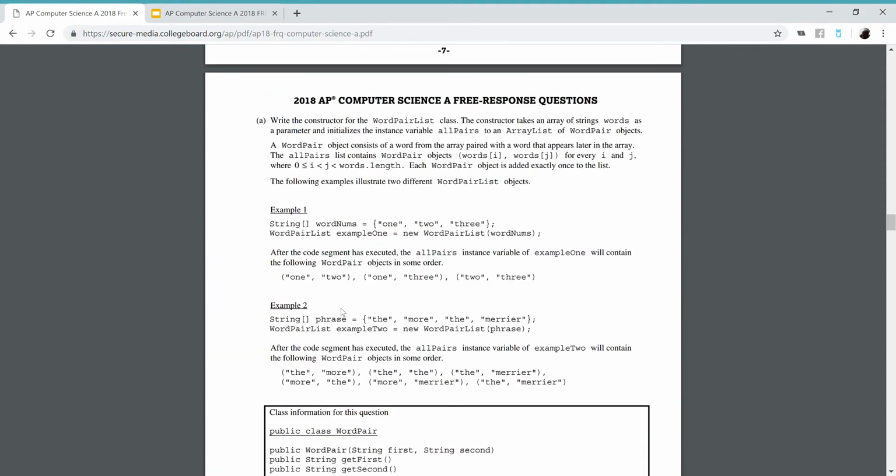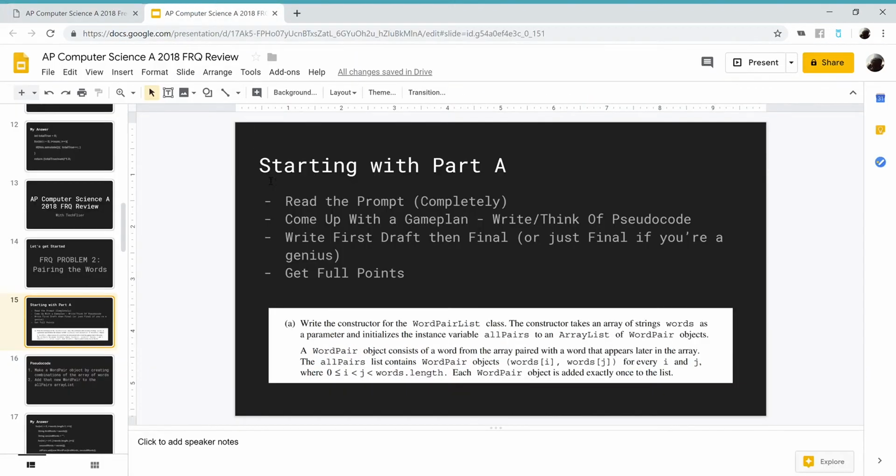Okay, so let's go to problem A here. We're going to write the constructor for the WordPairList class. The constructor takes an array of strings called words as a parameter and initializes the instance variable allPairs to an ArrayList of WordPair objects. A WordPair object consists of a word from the array paired with a word that appears later in the array. The allPairs list contains WordPair objects words[i], words[j] for every i, j where